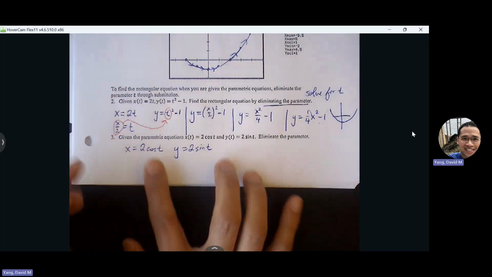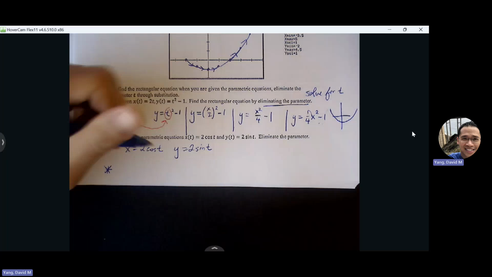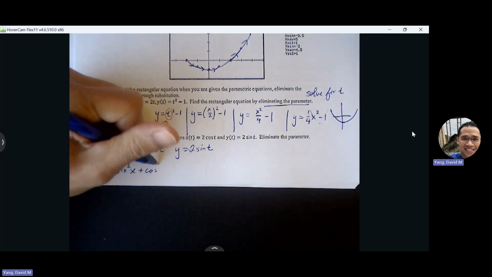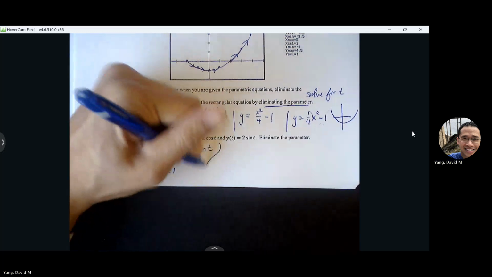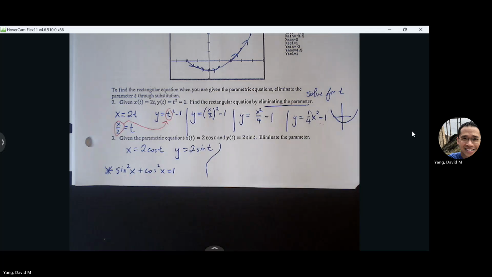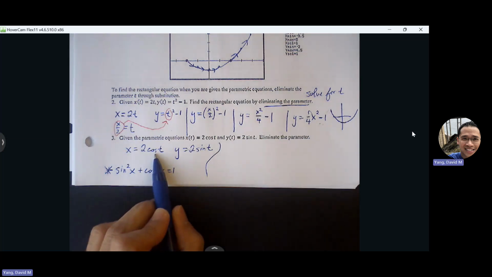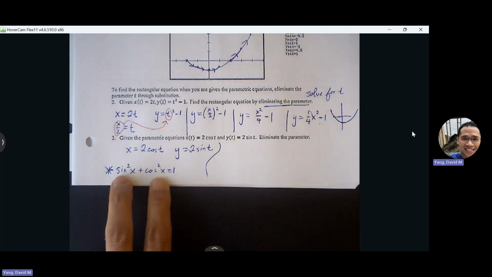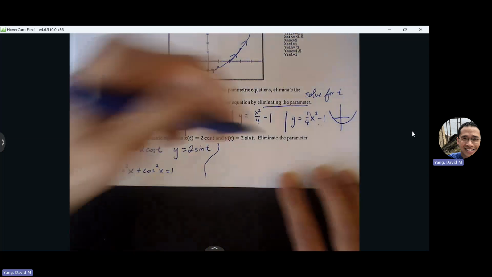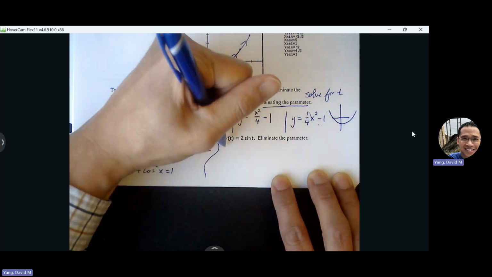So with this one, we actually have an identity that we're going to see quite a bit here. It's the identity you're most familiar with, sine squared x plus cosine squared x equals 1. So if I can solve for cosine of t and sine of t, I can make those substitutions. It says x here, but we could also say sine squared t plus cosine squared t equals 1. So if I solve for cosine of t,